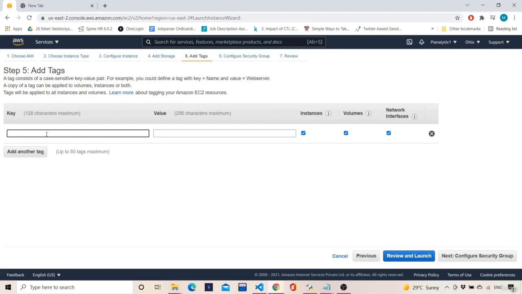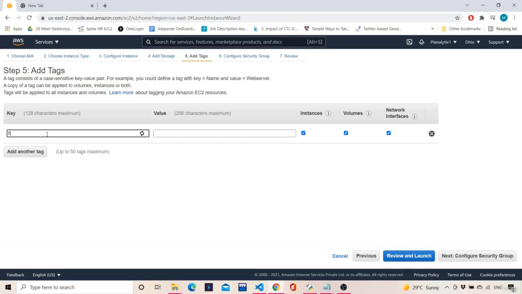Over here you can add tags in order to maintain a record of your instances. For example, I use AWS and have already created some 3 or 4 instances, so it's becoming cluttered. I want a very nice interface of my instances. That is the reason they ask you to add tags, so that the clutter is avoided.